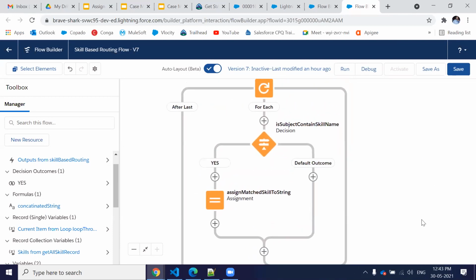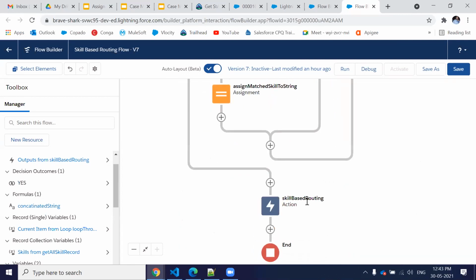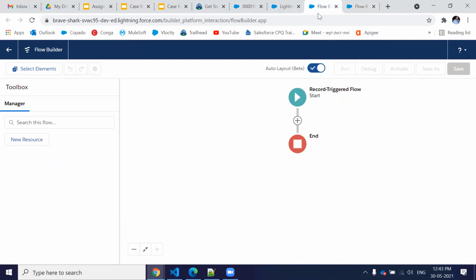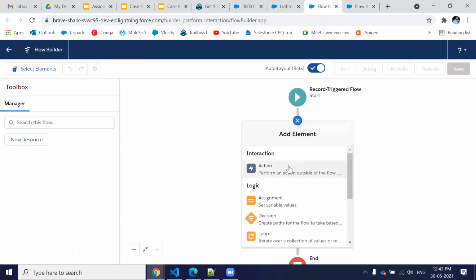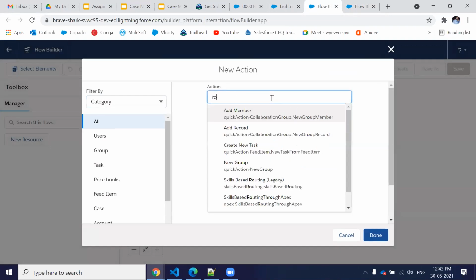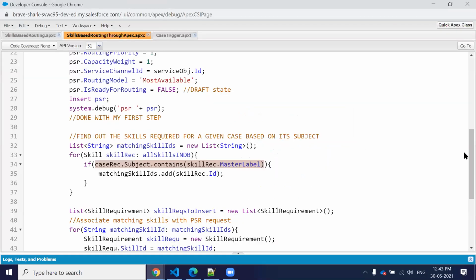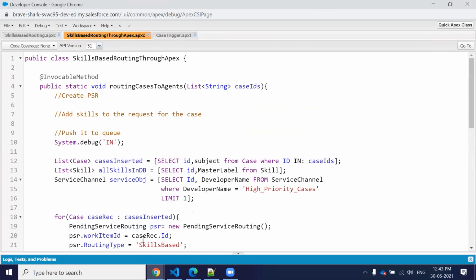And after the last element of this flow, I just have to add my action, and that action I already told you, which is the routing action. Here, this Apex class is coming because I have put the at the rate InvocableMethod annotation on it.